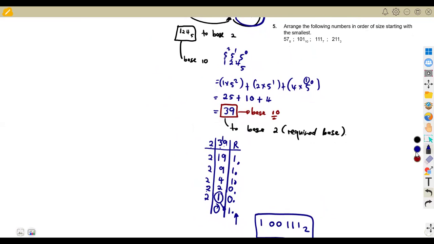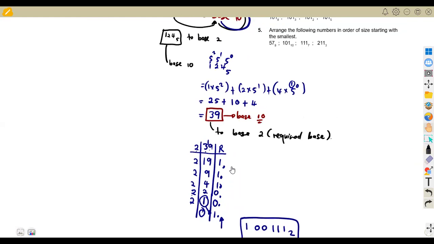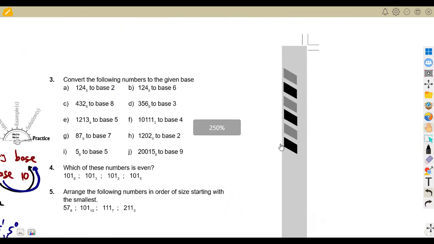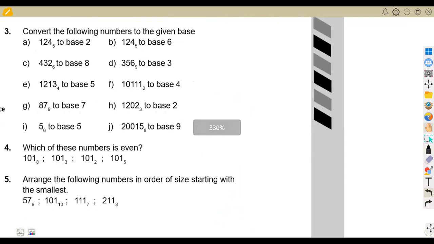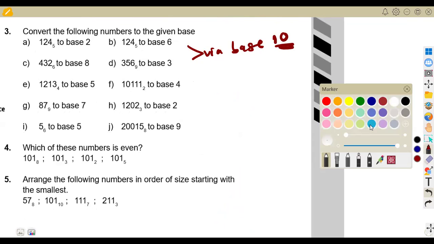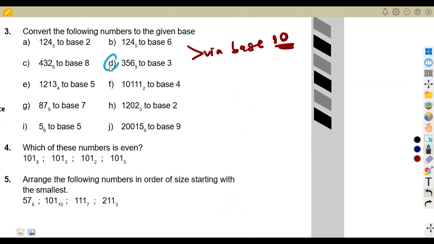But we have to follow base 10 now, because we know that we can convert to base 10 and we can convert from base 10 to any base. So these are the steps that you can make whenever we are given any other base and required to convert to any other base without the base of 10. We are going to do this via base 10, meaning we are supposed to go through base 10. All right, so it's the same situation that we are having even on question